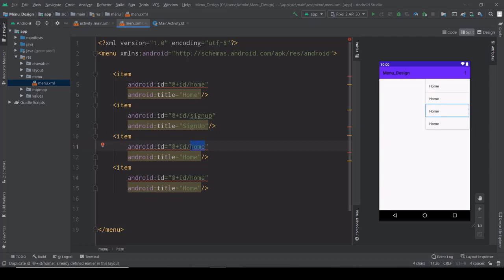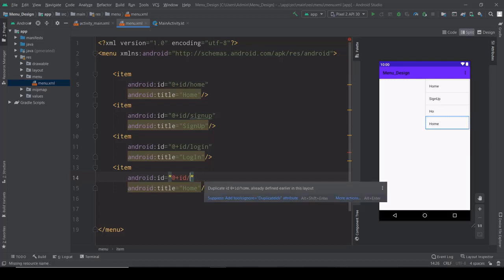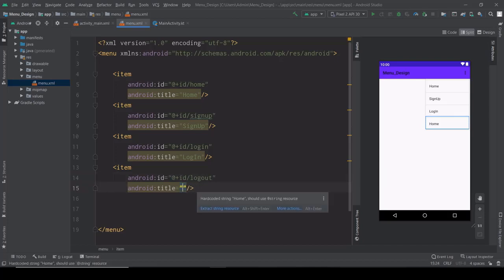The third item is login, so I'm giving login here as the ID and title. And the fourth item is logout. Here I'm changing the title also: logout.